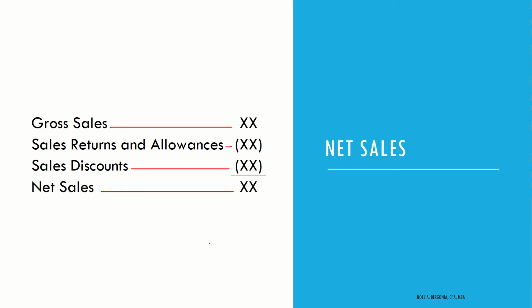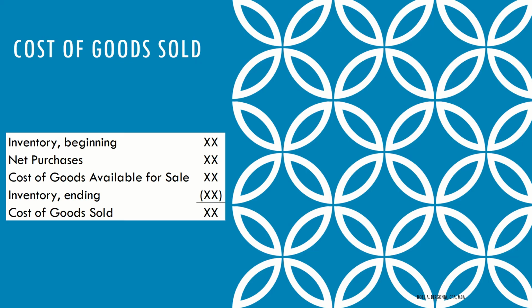Okay? So we're done with the net sales, and let's move forward to the next part of our income statement, which is cost of goods sold. Before I proceed discussing what cost of goods sold is, eventually yung computation ng cost of goods sold is as follows. We have beginning inventory. When we talk about the terminology inventory, that is the account title used for merchandising business para doon sa binili natin na merchandise. In other books or in other materials, it is also known as merchandise inventory. So okay lang po 'yun.